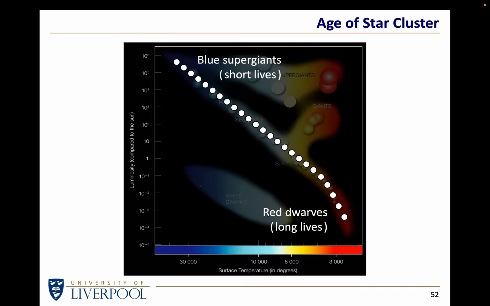So when we plot the stars of any given cluster on the Hertzsprung-Russell diagram and we see the main sequence going all the way from the bottom right to the top left, we know it must be a fairly young cluster. Because remember, these stars don't live very long. If it wasn't a very young cluster, some of those stars would already have died off and wouldn't be there. So we can judge the age of the cluster by seeing at what point the main sequence